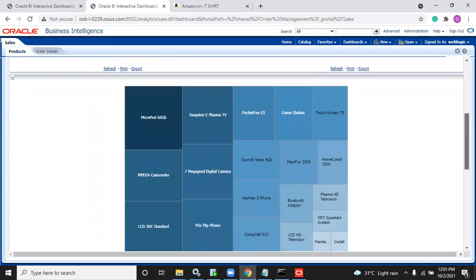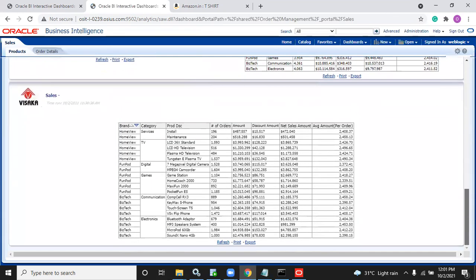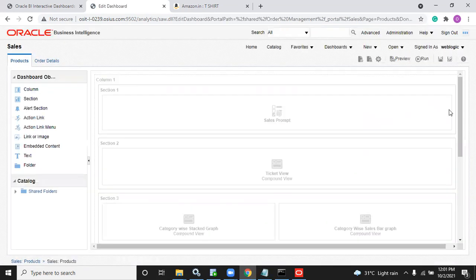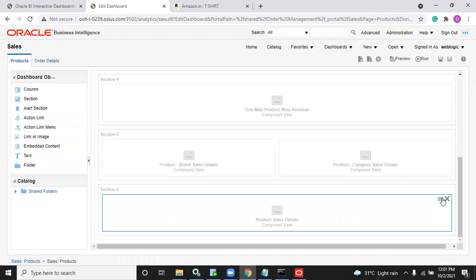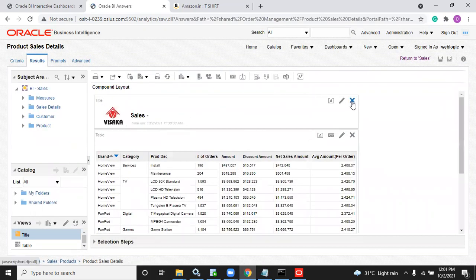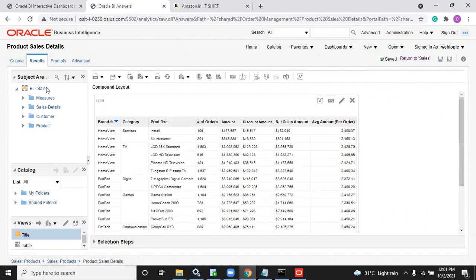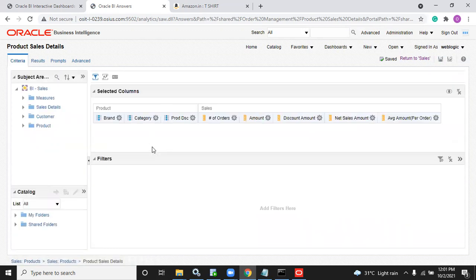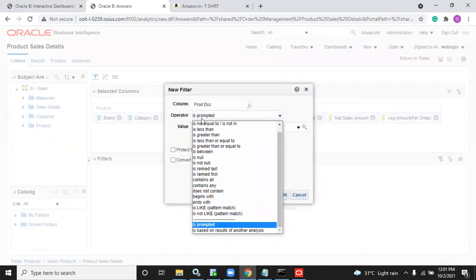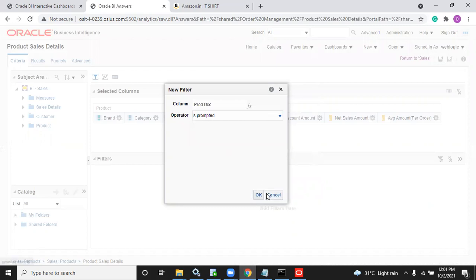Do you have any report with the product description? No. Yeah, here you have. Okay. Let me pass this. Let me edit this filter and pass the filters to it. I don't want this icon to be displayed here. I'm removing it. Okay. And here I want the filters. So either you can pass the filter directly, filter is prompted. Okay. Or